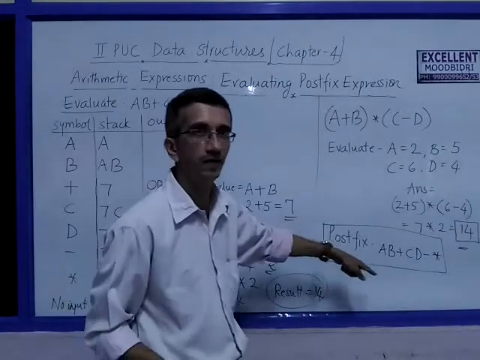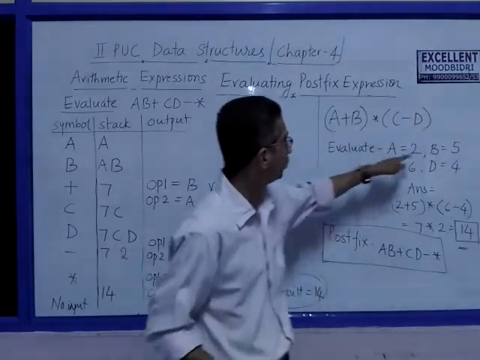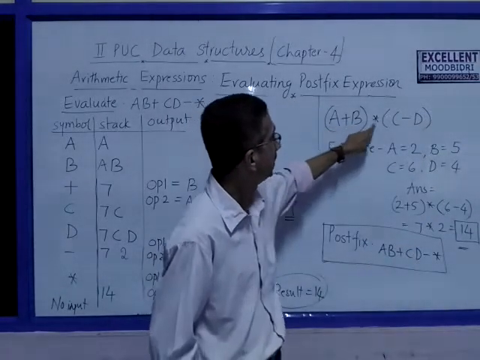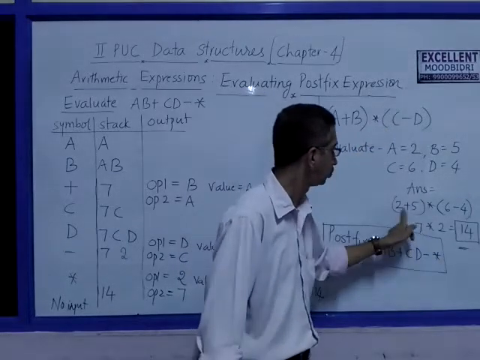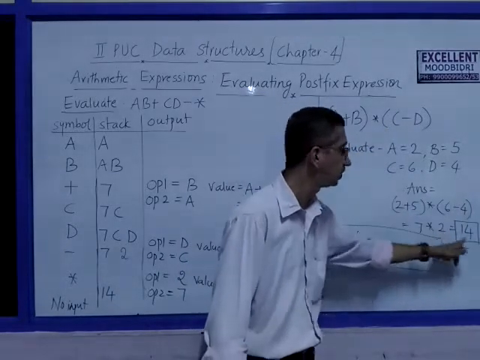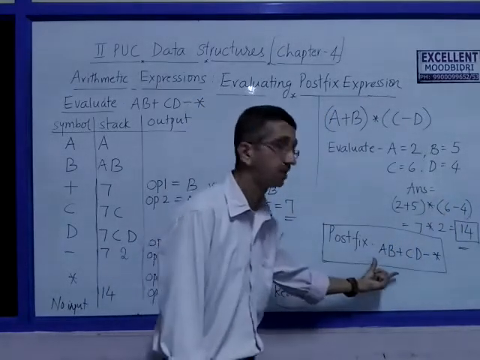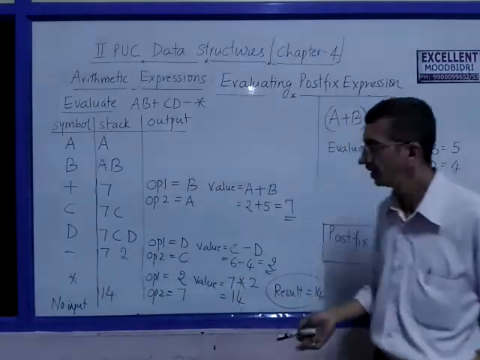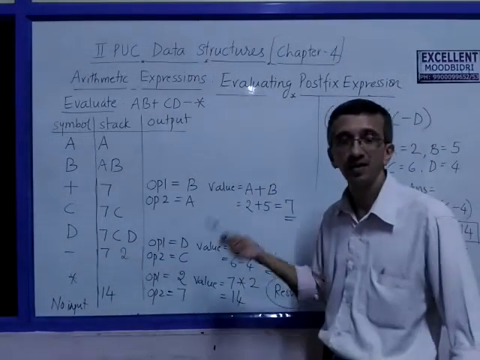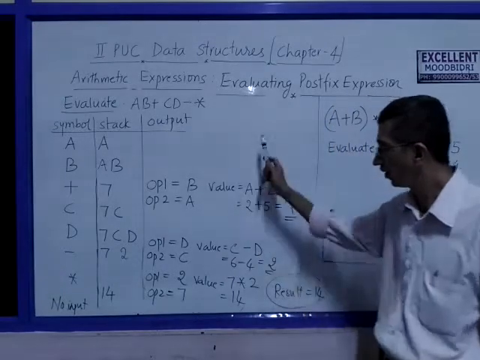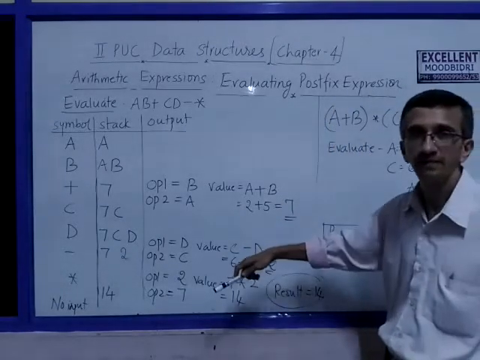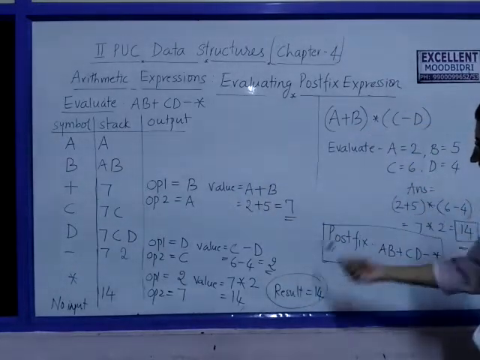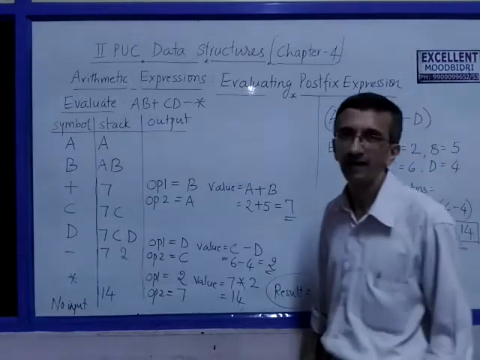You verify this. So we have done already the verification. See, when you have A2, B5, C6 and D4, the value of the expression A plus B into C minus D will be, look at this, 2 plus 5 whole into 6 minus 4, 7 into 2 is 14, right? The postfix expression is this one. So when the compiler converts an expression into postfix format, the evaluation according to this algorithm becomes very much easy, right? So we have followed the algorithm to evaluate the given postfix format of this expression, and the value we have verified and we got the same value 14.